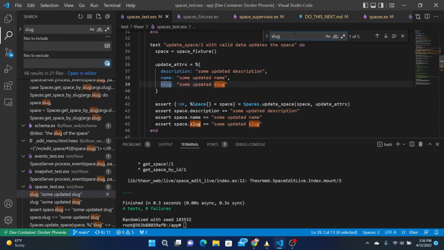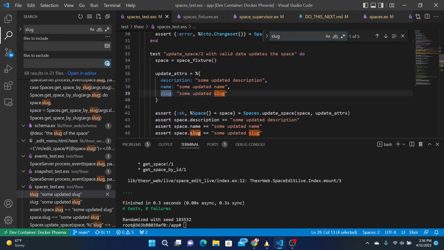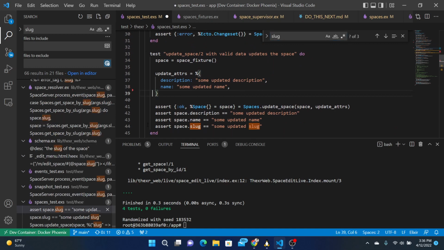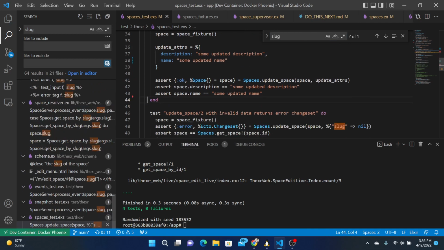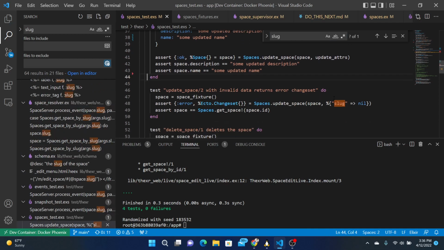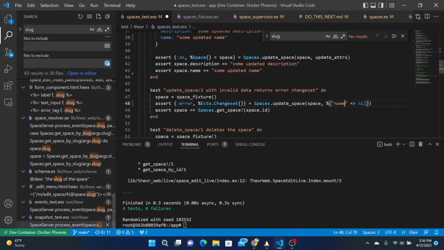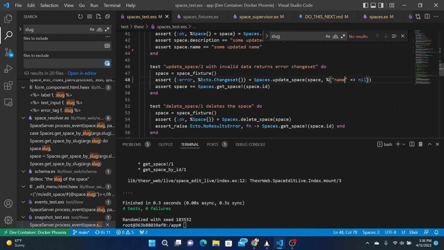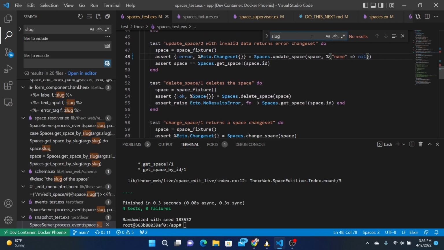Look how many slug do we have here? Space test. So slug here, slug here. Let's not updates with invalid data. Let's just make this the name. What else is there? Slug. No more. Okay, let's try to run this.